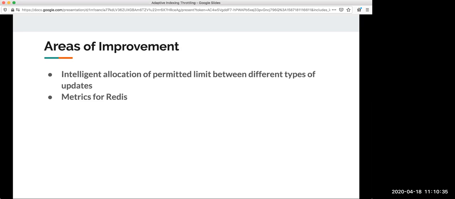A catalog update might be a very big payload. Probably all the images, all the text, everything has changed in a product. So not all updates take the same time of processing. So probably we can look into that and do a much more intelligent allocation between different kinds of updates. Currently we are not aware of the different kinds of updates. We just gave them a priority order.